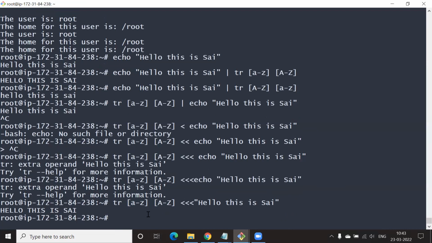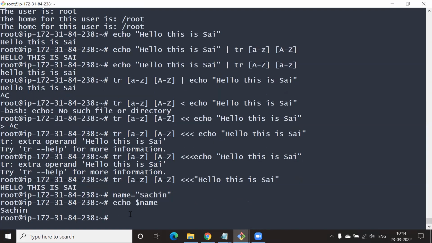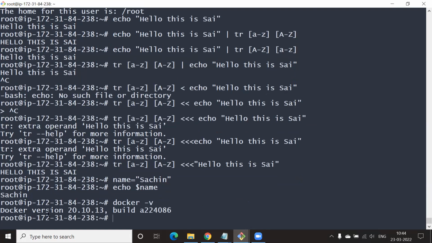Let's say name equals Sachin. And let's type in echo $name. Okay, Sachin. And let's say docker -v. Cool.